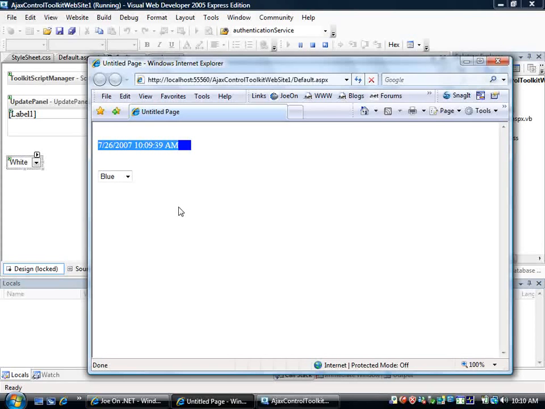Now, since we want something to happen when this update panel gets updated, let's hop back over into design mode here for a second. Look at the update panel, switch to event views, and generate an event for selected index changed. And what we're going to do here is dynamically update the background color of the Label1 control. So let's say if